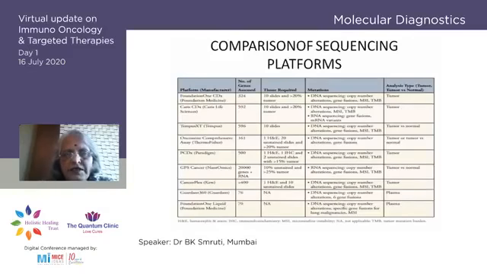So these are all the sequencing platforms which we use in practice. I think most of you are quite familiar with platforms such as the Foundation One, then you have the Caris, and then the recent one is the Guardant one, especially used in GI malignancies, and then you have several others. And of course you do have those which are also used in the blood or the plasma. Next slide.